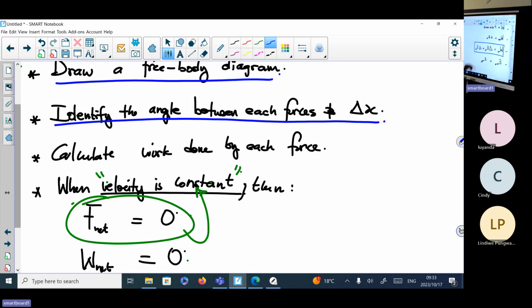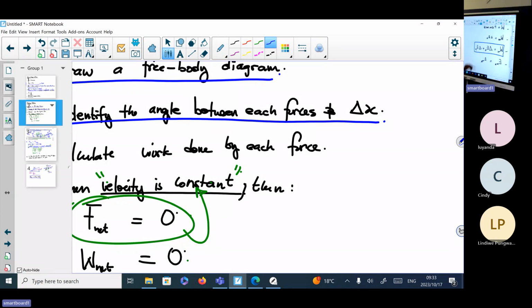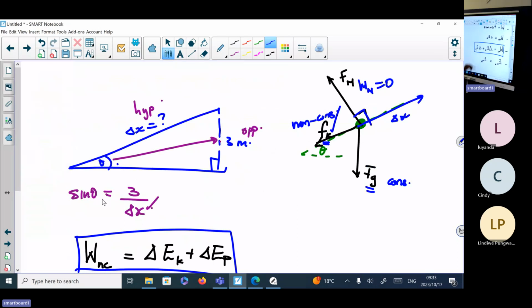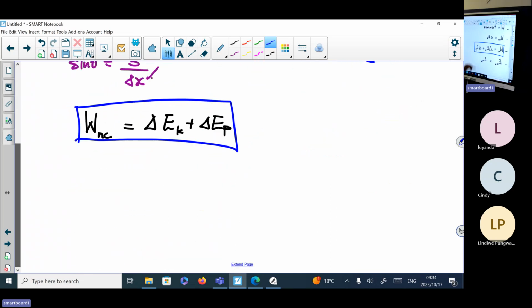In this case, our concern is only with the non-conservative forces. So let us look at this. There is a displacement, this vector, and there is a frictional force in the direct opposite direction. The angle between those two is 180 degrees, the angle between the frictional force and the displacement. So in calculating this, we are looking at the work done by the frictional force because it is the